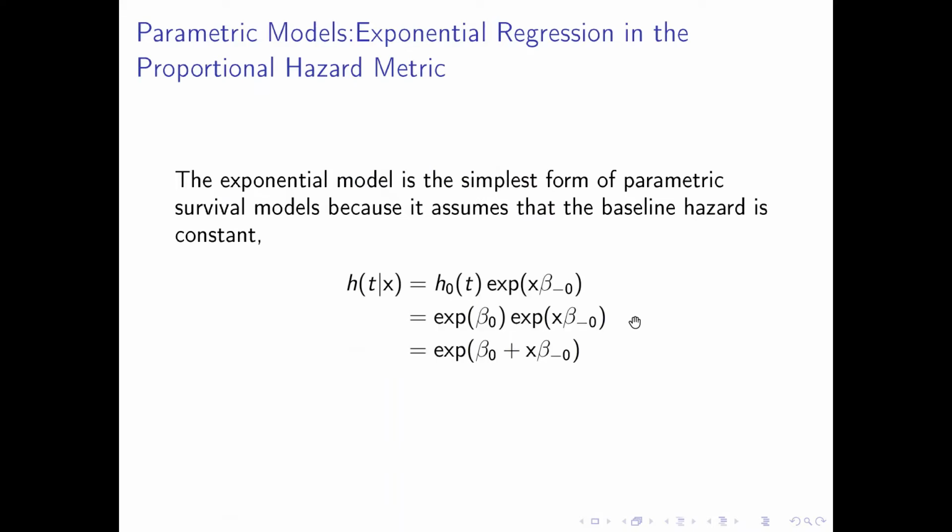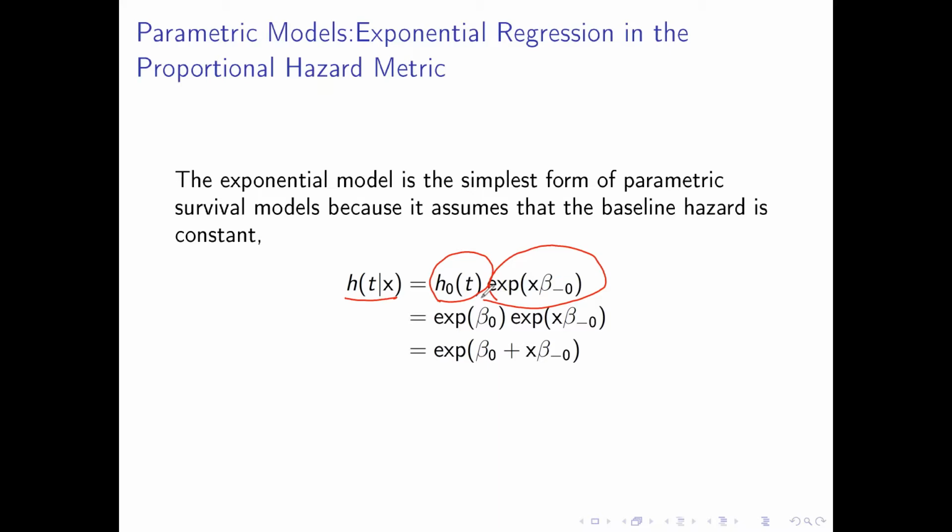The quantitative interest in proportional hazard exponential regression is the hazard function. The proportional hazard exponential regression model is the simplest form of parametric survival model because it assumes that the baseline hazard is a constant. So the hazard function is modeled like this. Here we have a baseline hazard, and then we have the exponential function of x beta